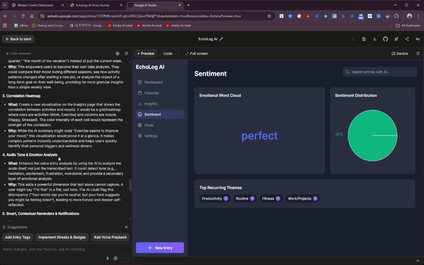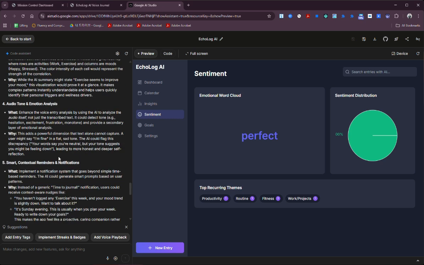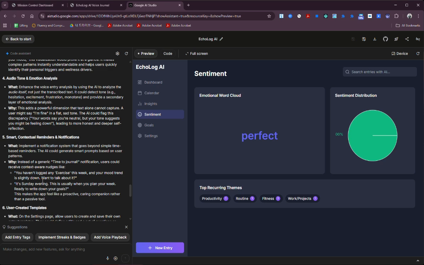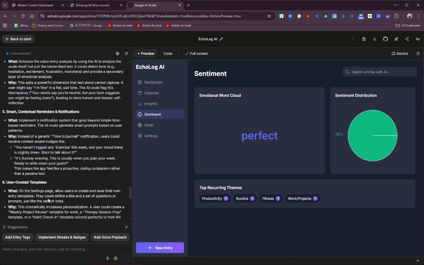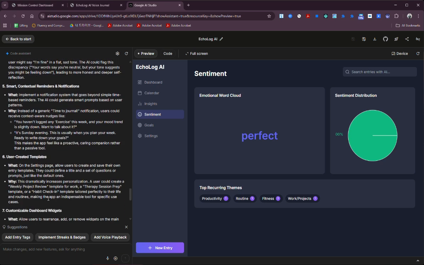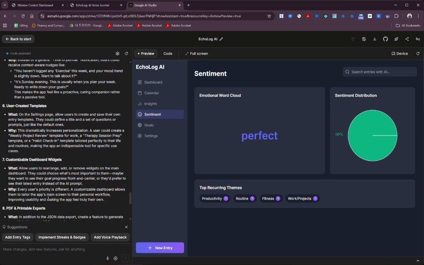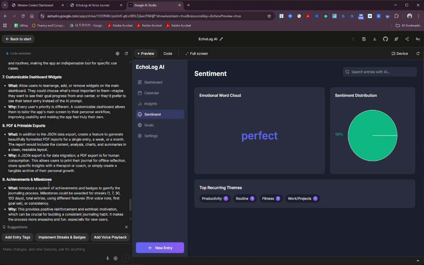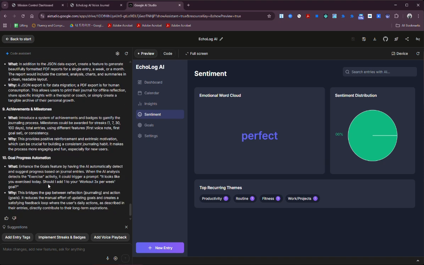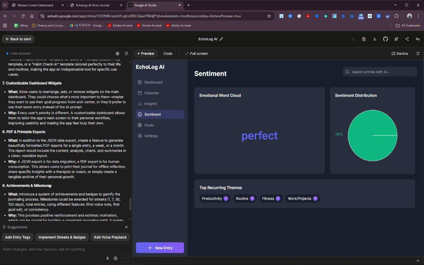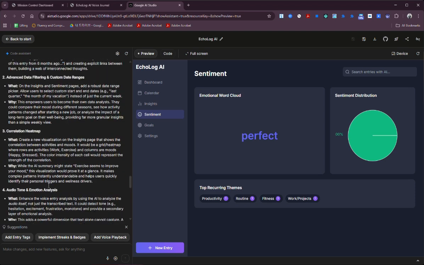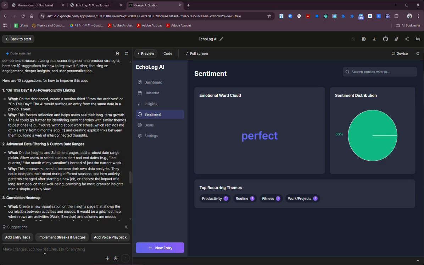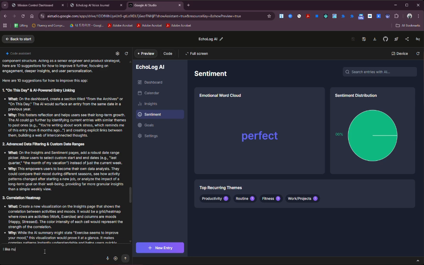Advanced data filtering. That's good. Correlation heat map. That's good. Audio, tone, and emotion analysis. I don't want to add that. That seems too complicated. Smart contextual reminders, notifications. Don't need that. User created templates. Customizable dashboard widgets. PDF and printable exports. Progress automation. So let's say that I like, you can choose what you like, but for me, I like number